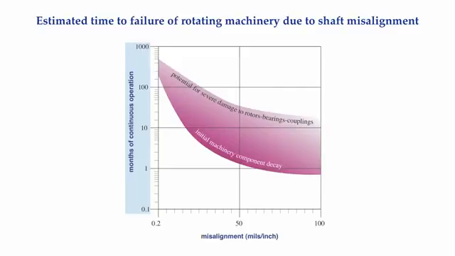For example, if we had 2 new or recently rebuilt machines with new bearings and seals and shafts, and we had a 2.5-inch separation between the flexing points in the coupling, and we left 1/4 of an inch of misalignment between the shafts, what is likely to happen? Well, 250 mils over a 2.5-inch span is 100 mils per inch. If we ran a machine with 100 mils per inch of misalignment, somewhere around 1 month of continual operation, we